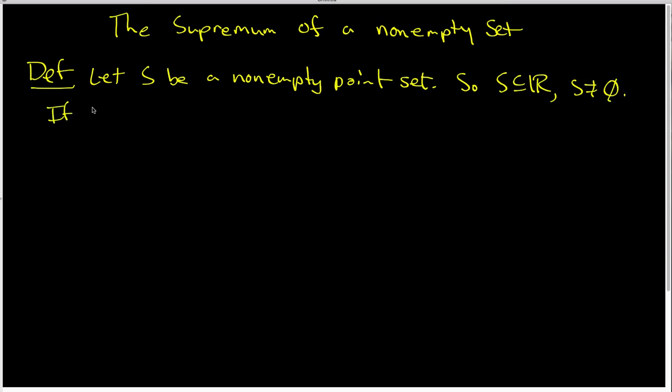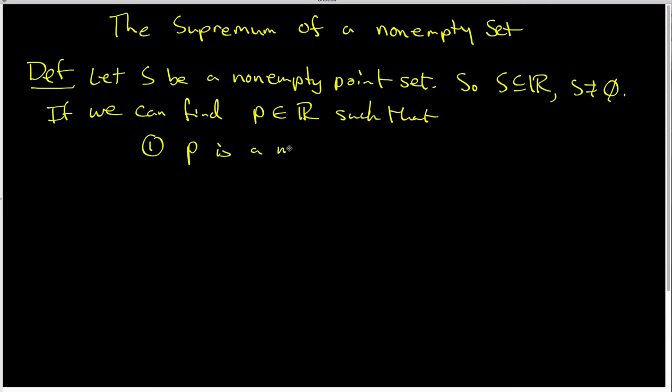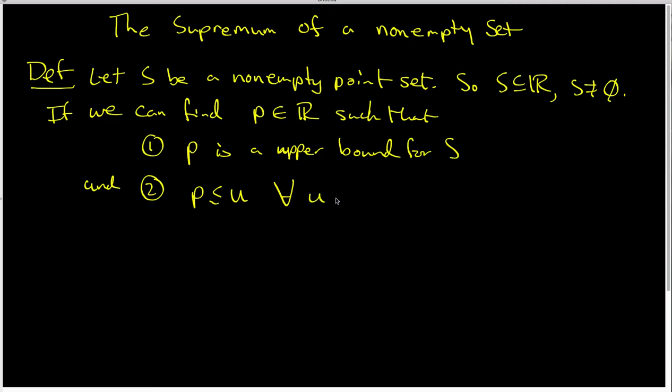If we can find a P inside the set of real numbers with the properties that, first of all, P is an upper bound for set S, and second of all, P is less than or equal to U for all upper bounds named U